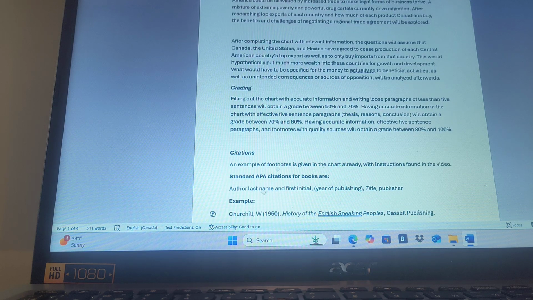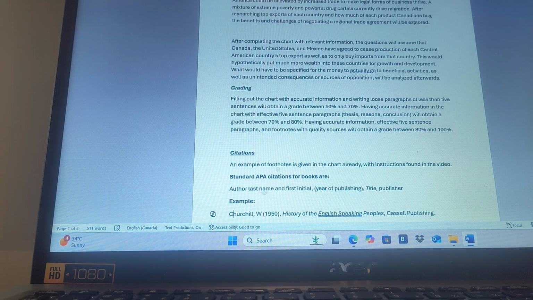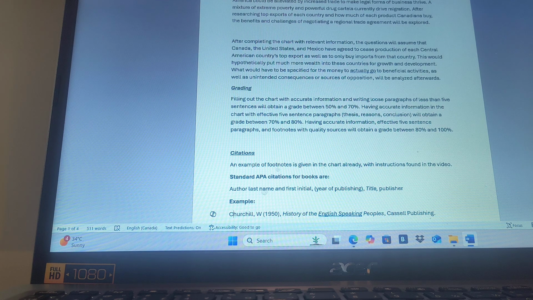Okay, so we've got our overview of the overall idea: could a trade agreement that increases trade between North America and Central America, with each Central American country specializing more in the product that they already produce the most, help with migration issues and give more choices to people in Central America about whether they want to stay home or move to another country? It's not a forced situation where it's only push factors and there are no pull factors in Central America, if we go to our terms